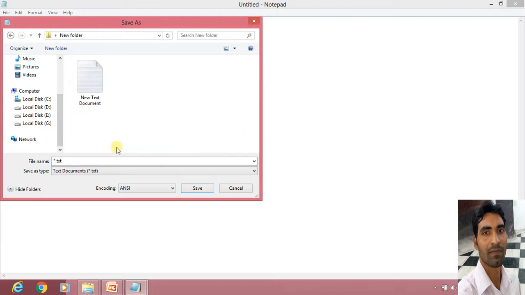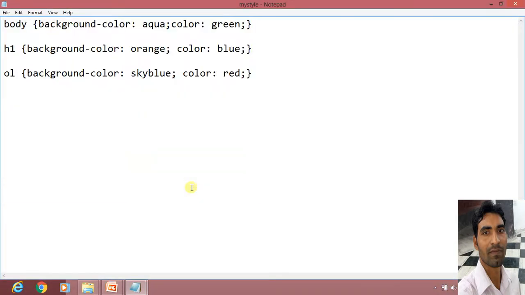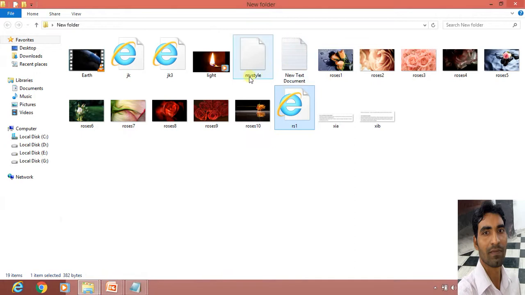In the new folder, then the file name, that is mystyle.css. Now save it. Now you can see mystyle.css. This file is saved.